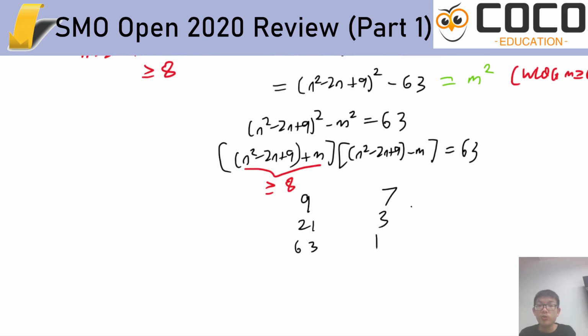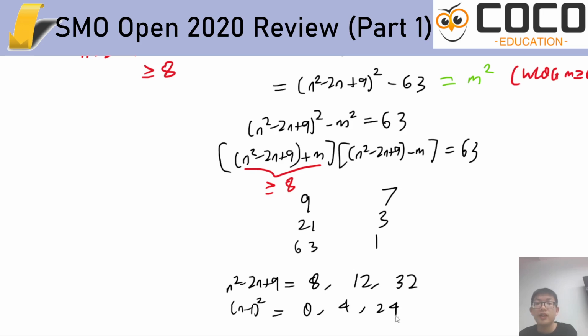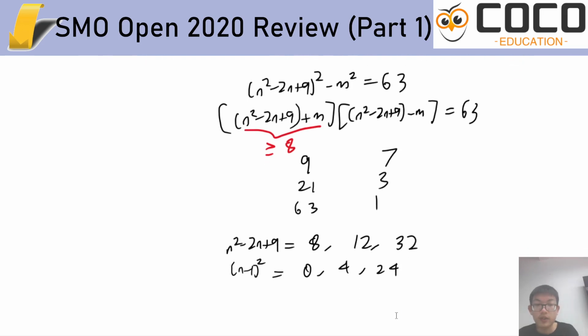Sum and divide by 2 will give me the n squared minus 2n plus 9. Subtract 8 from all of these, and that would just give us